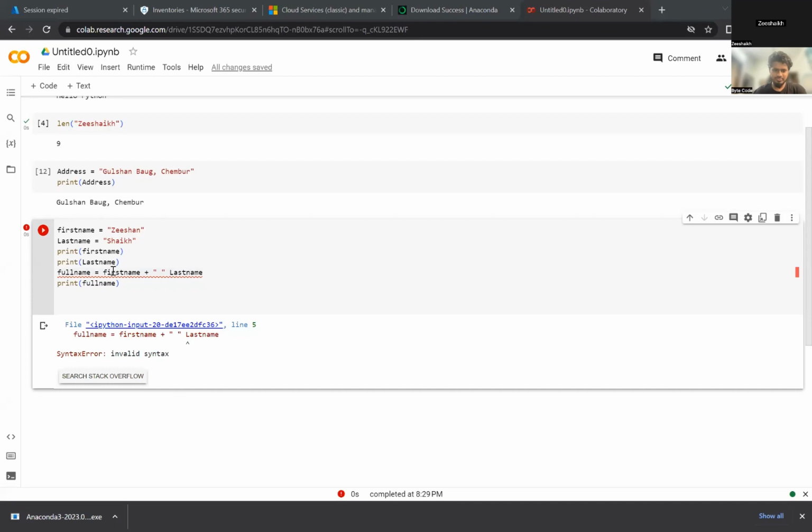So initially what I did, I wrote first name and last name and I called out this variable, print first name and last name. It gave me that, right? But when I wrote full name, I added another variable to it. I added first name plus quotes, as in two quotes with a space in between, and the last name. And then I added print full name. I called out this particular variable. Then it should have given that full name, right? But there's one mistake.